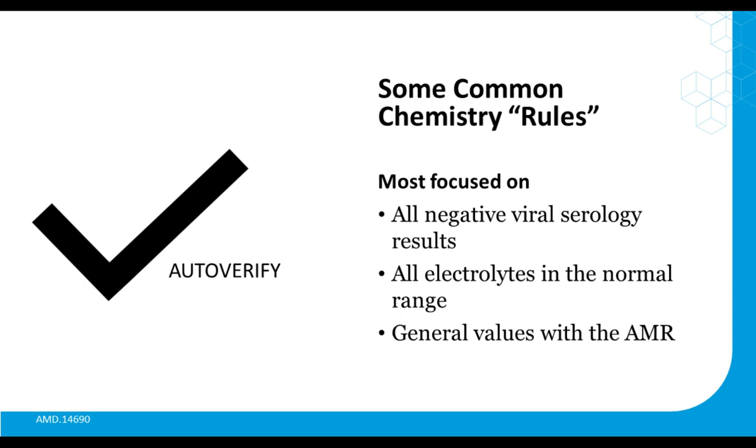Now, what I want to focus on is some common rules, and the one that's probably most familiar to most people in the audience today is auto verification, AV. Like I said, it's probably the most common rule in a rules engine. Applying auto verification rules can remove the need for what I consider to be rote human inspection of results. I'm not discrediting the results and inspection, but this advent of having people review or having two people review data